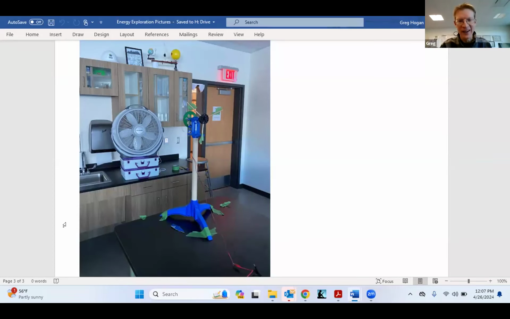And when they come back, they hand me their blades and I just tape them on there. So I haven't had any maintenance issues with the kits. They're holding up strong. I am fairly certain that if I had several of these kits and let the kids go to town with them, with my age group, they would get damaged pretty fast, but they're doing great.